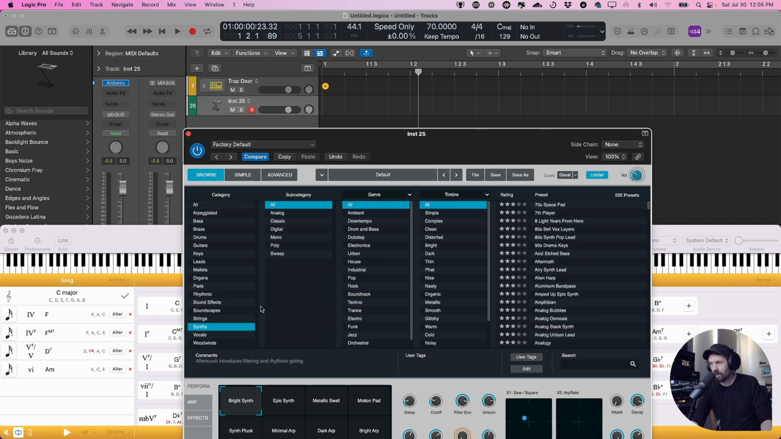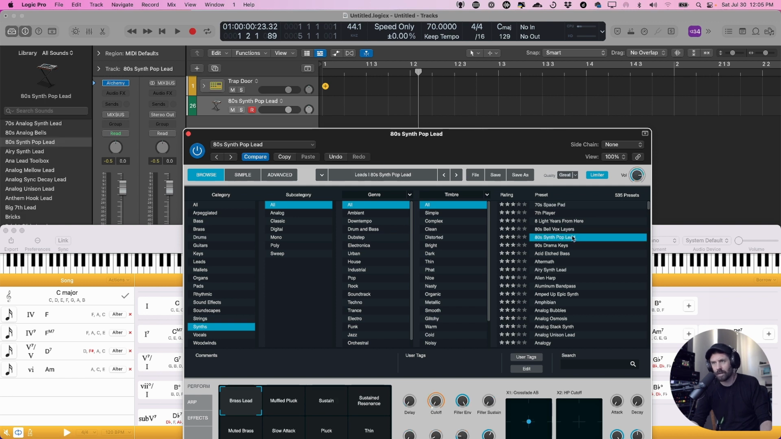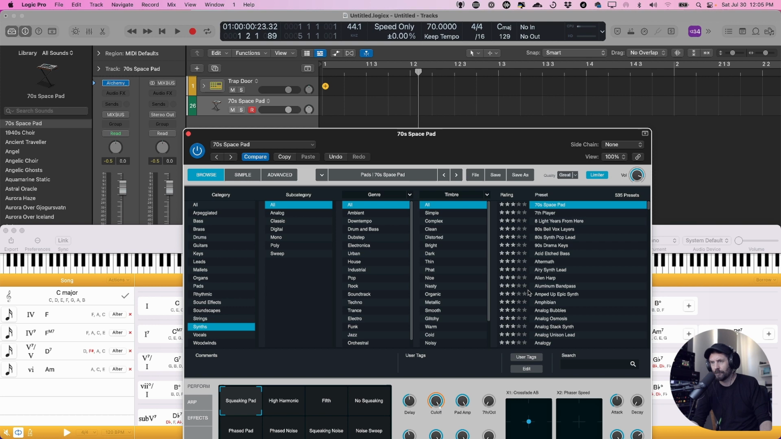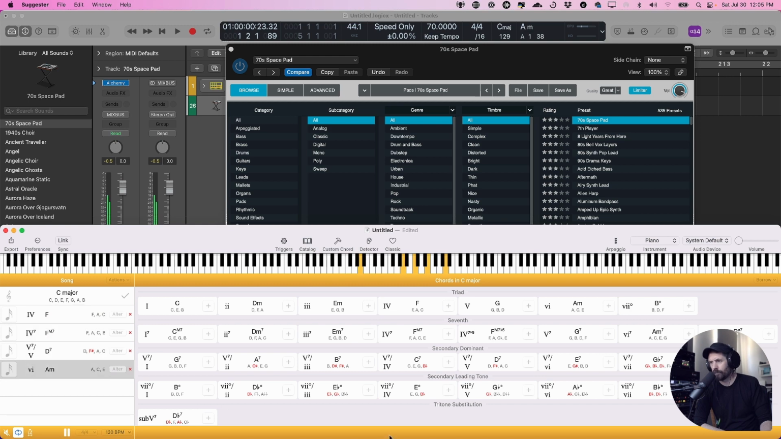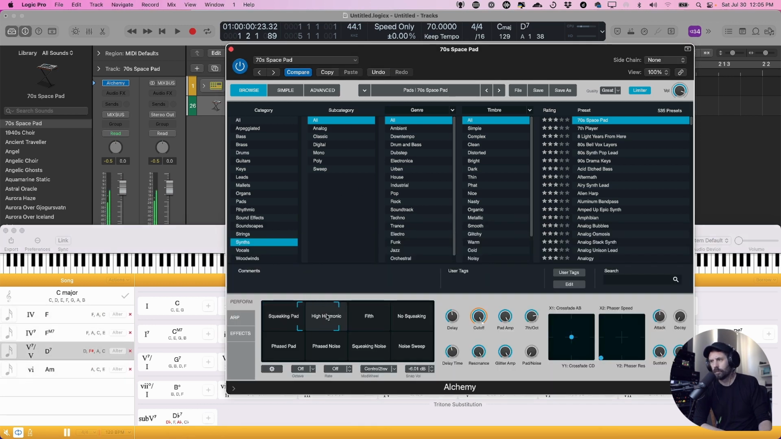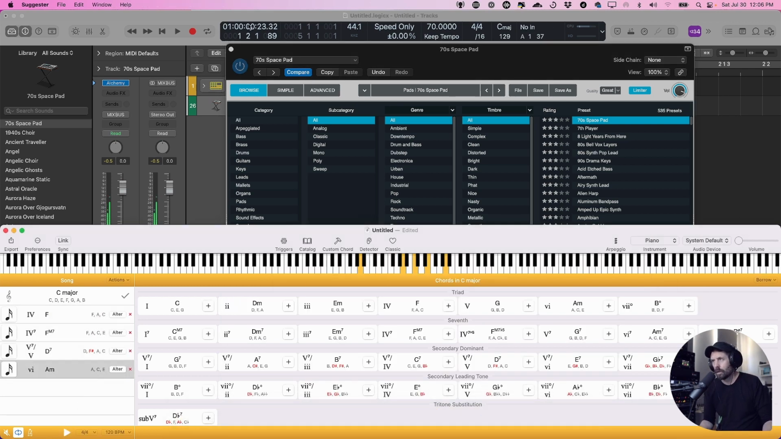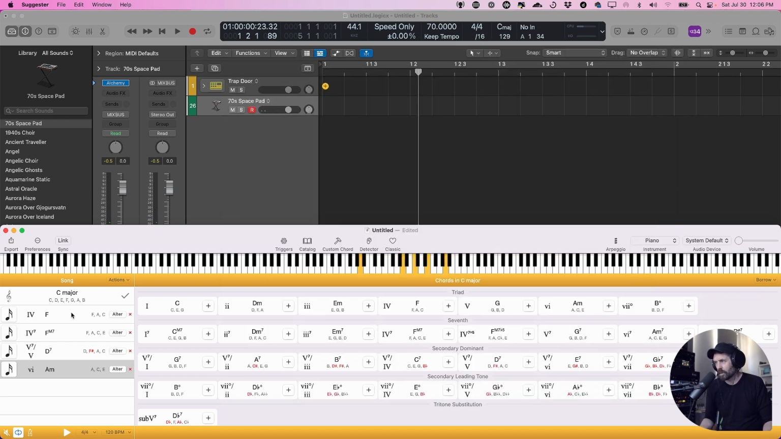Let's find a synth, and we'll just pick, I don't know, this 80s pop lead. Actually, maybe more of a pad. Let's do the 70s space pad. We'll hit play, and we'll just move around maybe some of the performance side of things. So we'll hit play. Cool. So let's just say we're happy with that performance and we want to take this entire thing, export audio